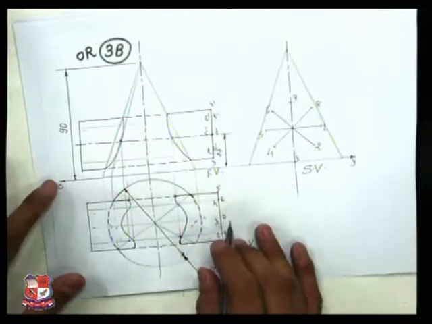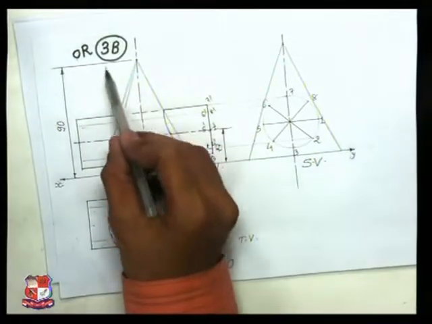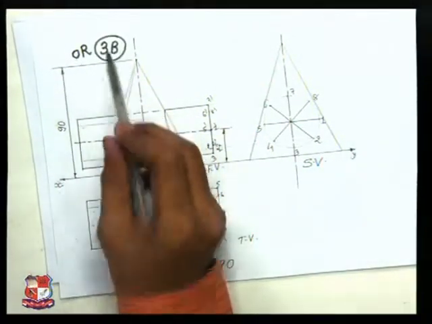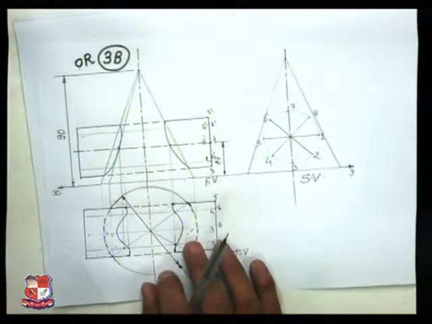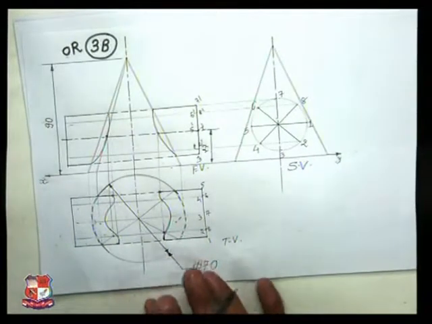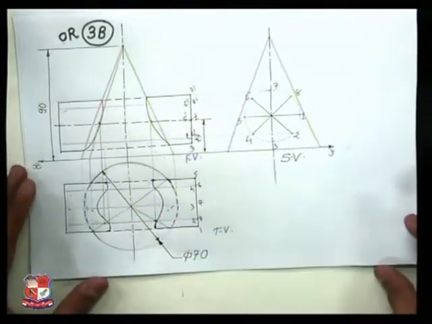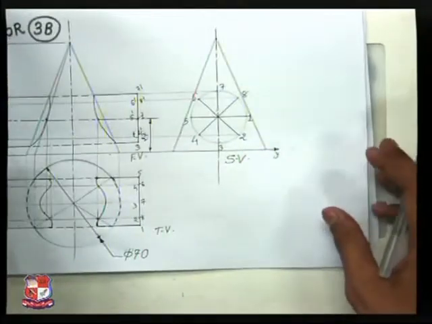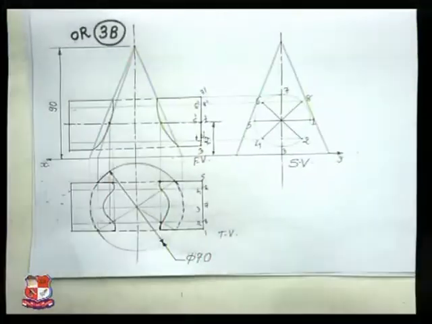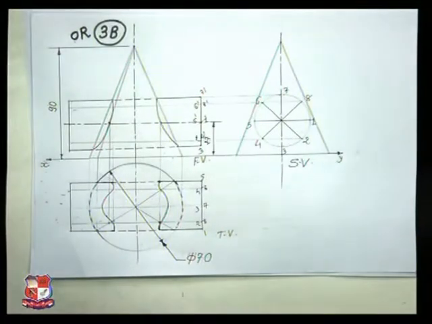And this is problem number 3B. It should be written as 3B with the big letters, because students forget to write answer number on the drawings, because it's a subject of drawing. They concentrate over the drawing and miss to write the number of questions on the drawing. I hope it's clear to you.